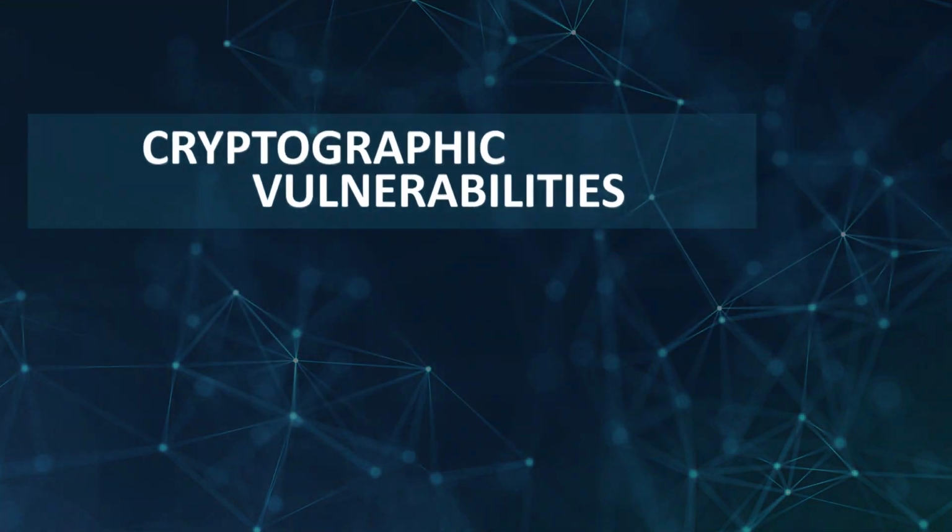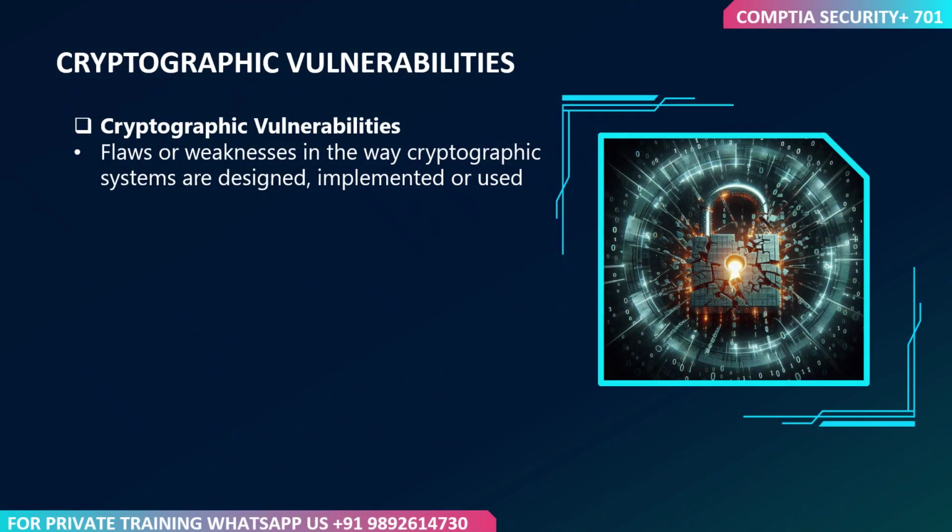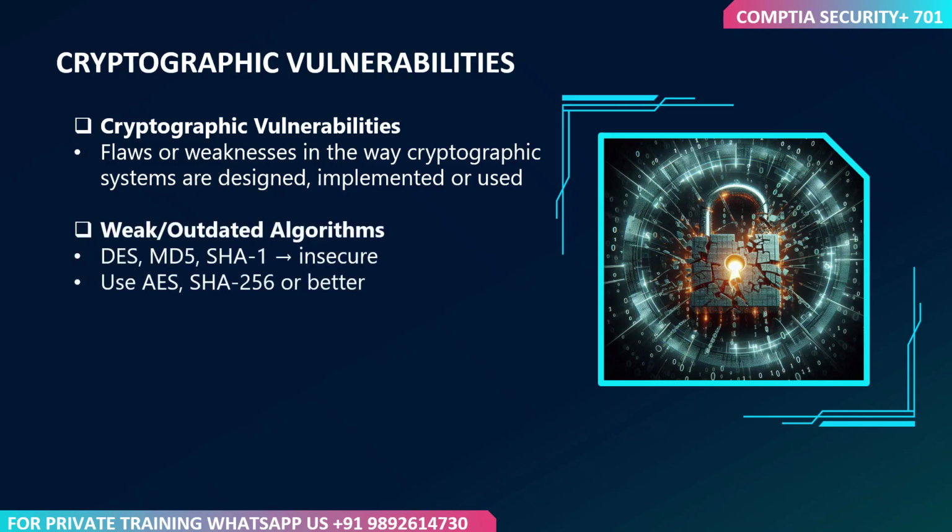Let's get started. Cryptographic vulnerabilities are flaws or weaknesses in the way cryptographic systems are designed, implemented, or used, and attackers can exploit them to break into systems that were supposed to be secure. One of the most common issues is the use of weak or outdated algorithms. An algorithm might have been secure 10 years ago, but is no match for today's computing power. Take DES for example. It was once standard, but now it's laughably easy to crack. Modern systems should be using algorithms like AES, which is far more secure. But if someone's still using DES or even weak RSA key sizes, that's a cryptographic vulnerability just waiting to